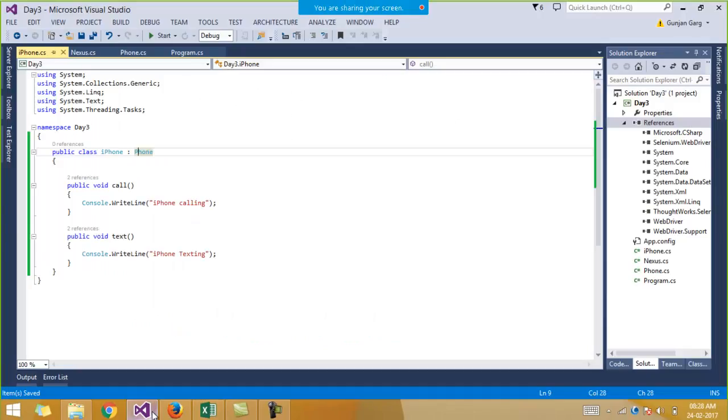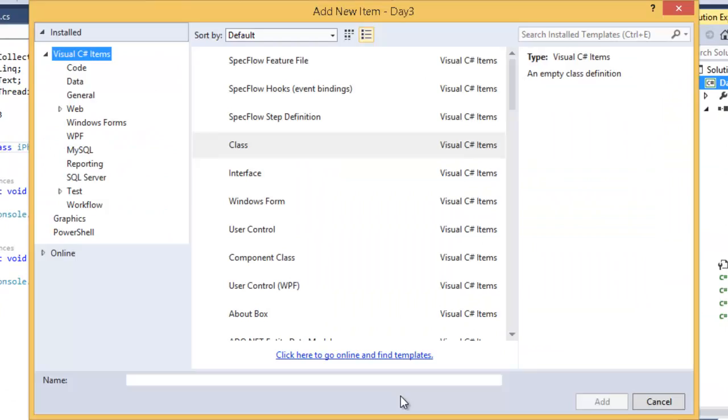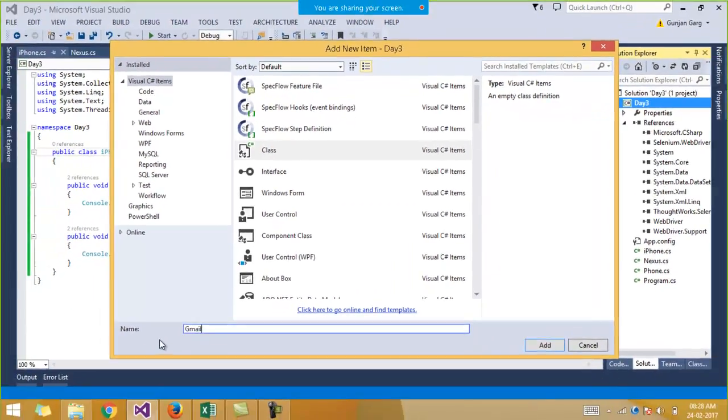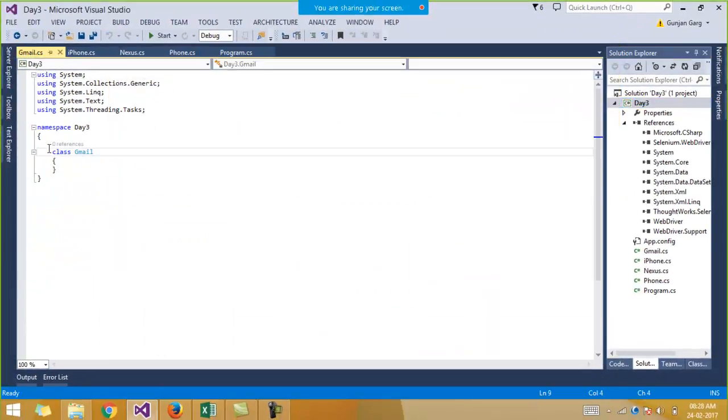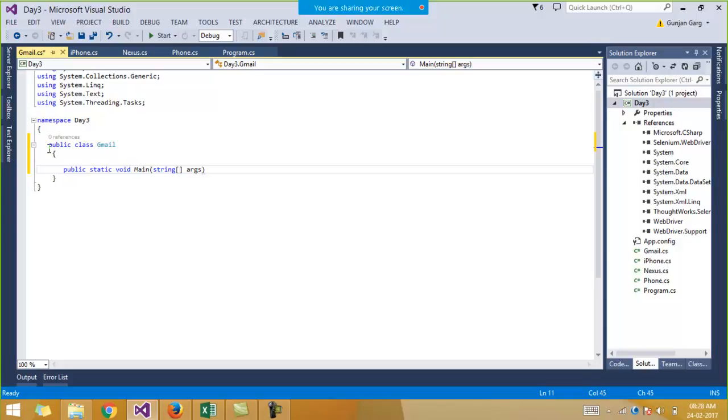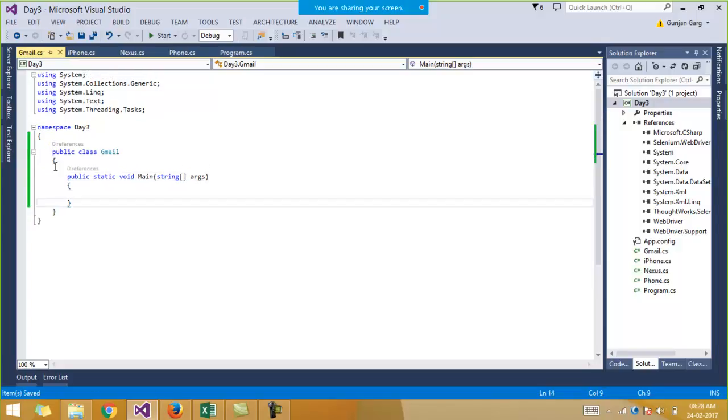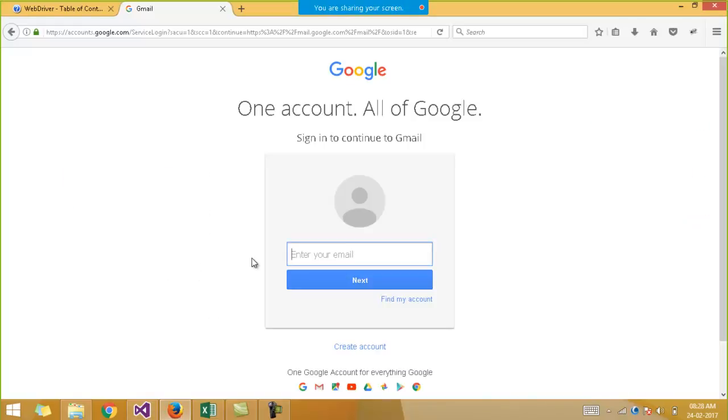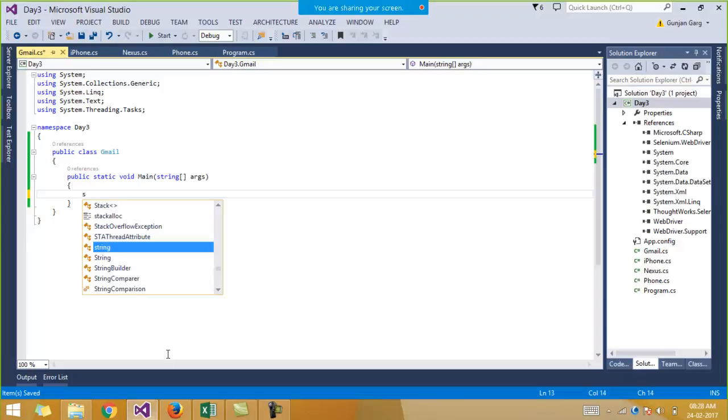Alright, so let us see how we can do that. For that, I'll add a new class and we'll try to work with that. Say I have the Gmail class with me, and then I'll add a main function to it. Okay, so we have this Gmail class which contains the main method. Now our example is this Gmail example and I want to run the script in all three browsers, right? So what I can do is